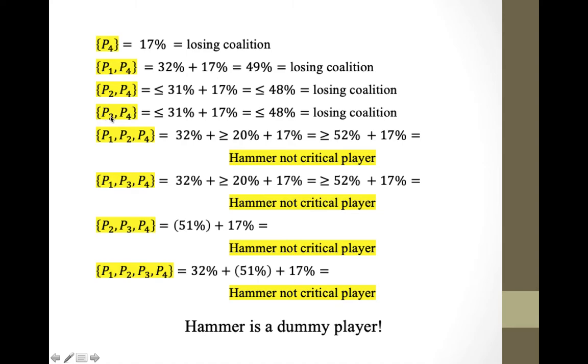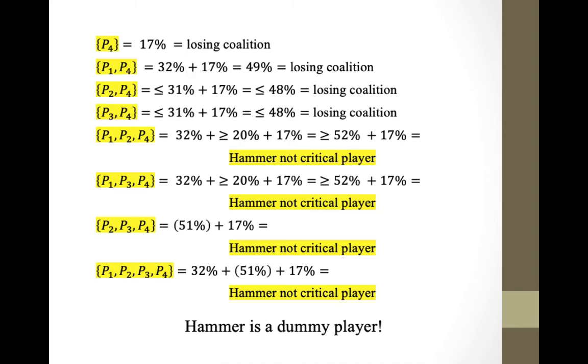And then the same thing for player 3 and player 4: less than 31% and 17%, which is less than 48, or a losing one. So really, we only have to pay attention to these last 4 coalitions that are involving Hammer in each one of them. Okay, so what we're trying to do is figure out whether Hammer is a critical